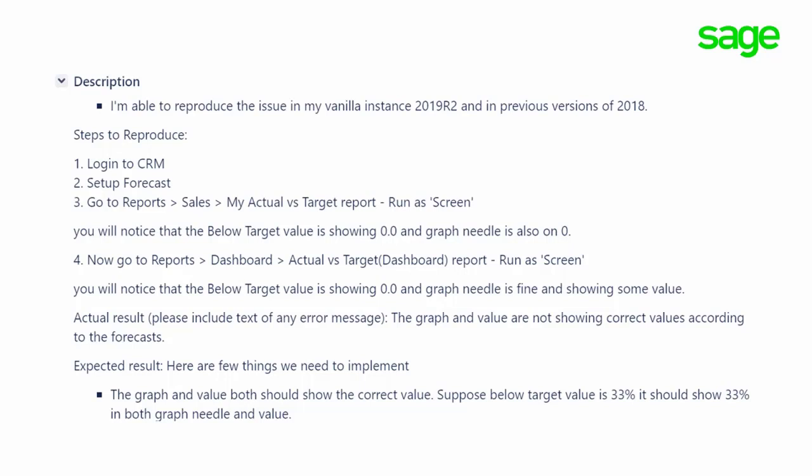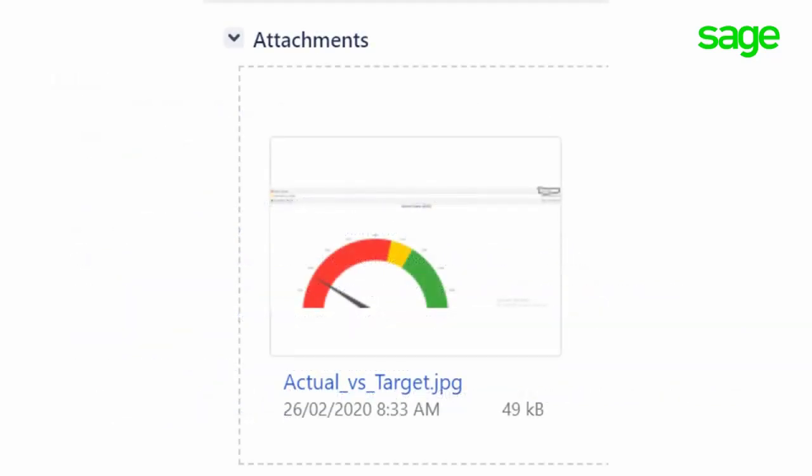So we should have these two things if we are raising it as a bug or as an enhancement. These values should be clear enough, what's the expected, so that a development team can work on that. And at last, again, the attachment. We don't have the screencast, we have only the screenshot of the issue. We don't need any video because the steps were very clear. But it's very good practice to have a video always.